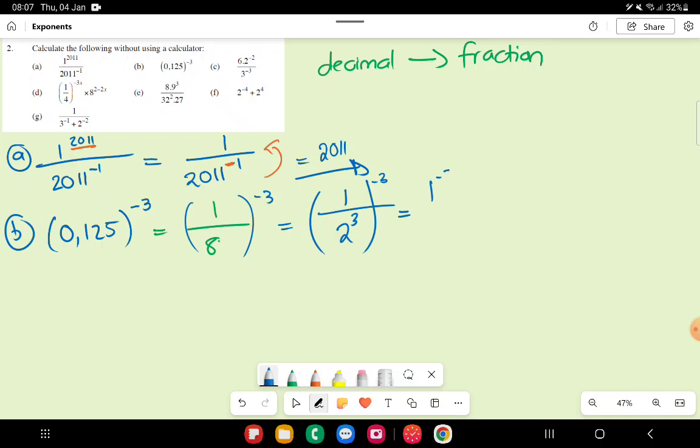We have 1 to the power of negative 3 over 2 to the power of 3 times negative 3. Okay, so 1 to the power of negative 3 is going to be 1 over 2 exponent